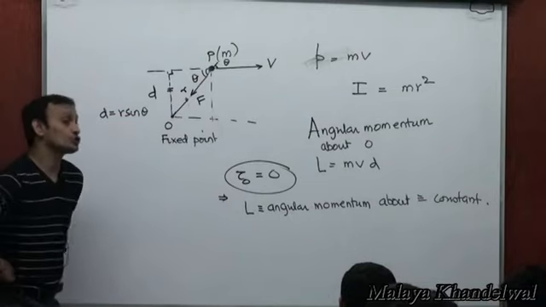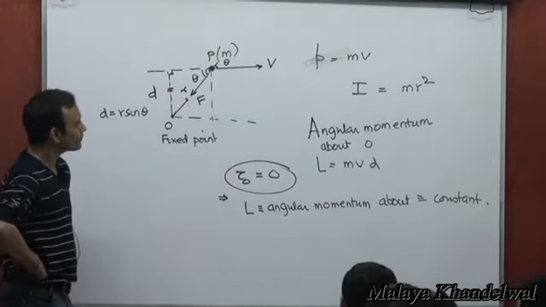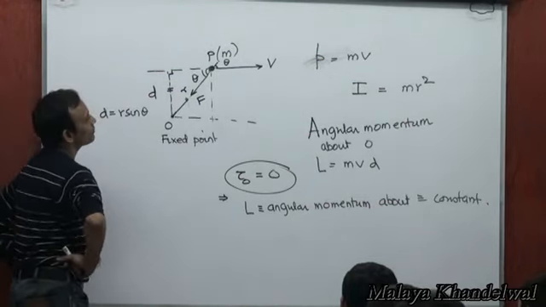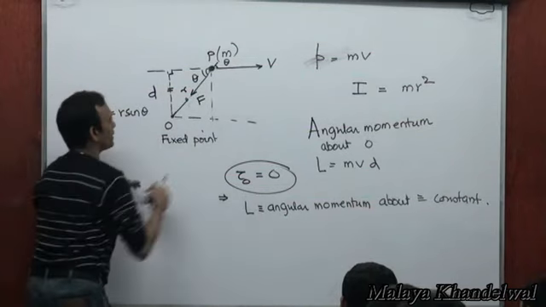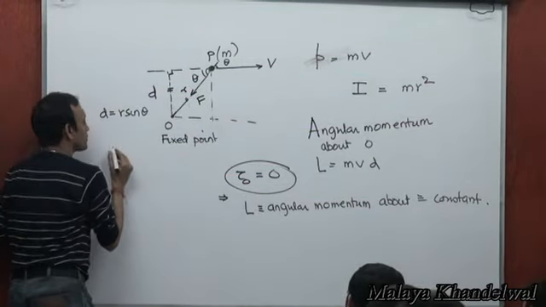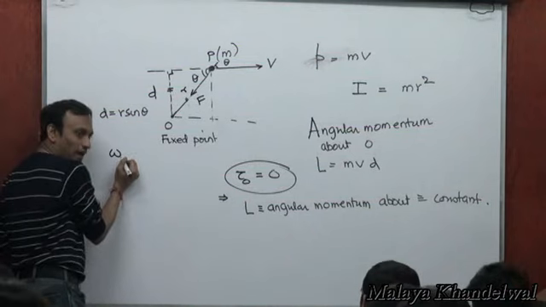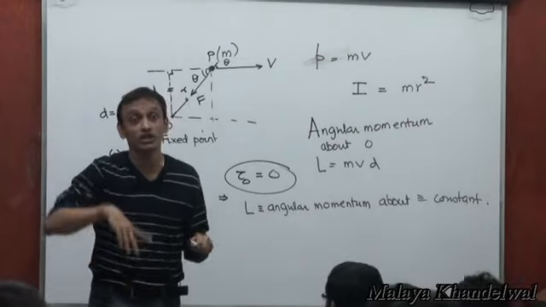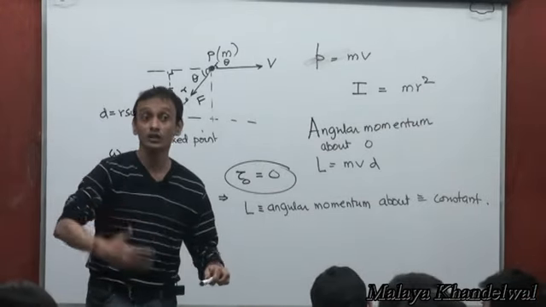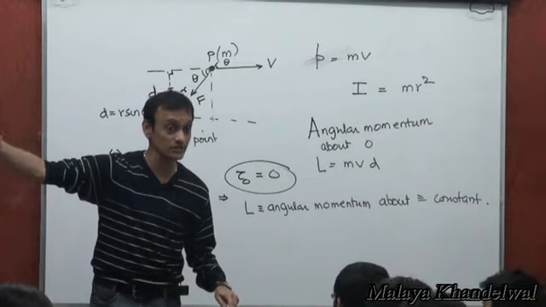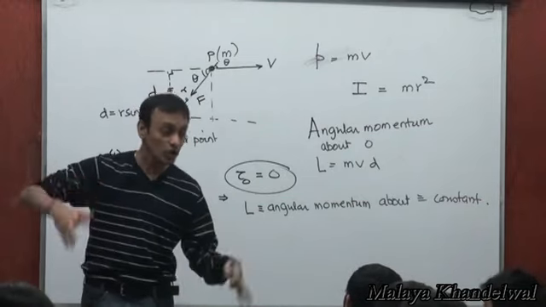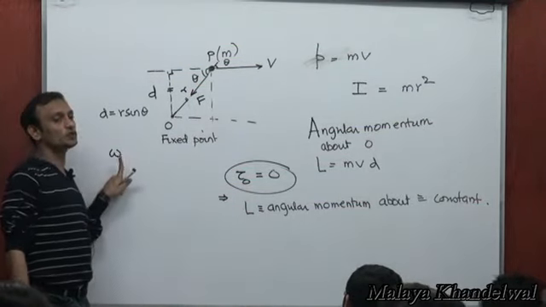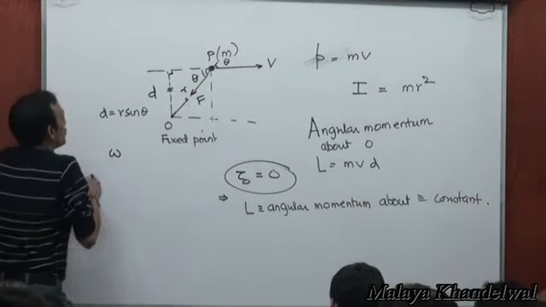We can also show that if the particle P moves in a manner that its angular velocity about O is omega, you don't necessarily have to have circular motion. You can have omega in general. If you have seen my first class on rotational dynamics, then you would know that omega can be really general, right? So if the particle has an angular speed omega about O, then its angular momentum about O